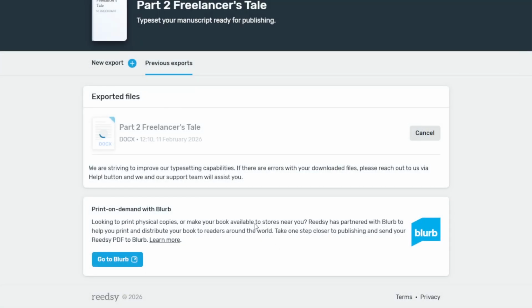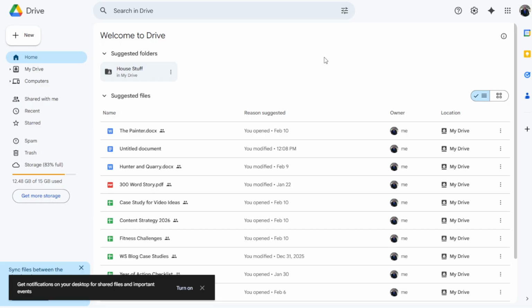and then we close, and then we wait for Reedsy to create the backup, which will be relatively quick because there's only like 4 paragraphs in this whole book. So now we're going to download, and we're going to save it to the desktop so that we know where it's at. After the file has been downloaded from Reedsy, we are going to go into Google Drive,